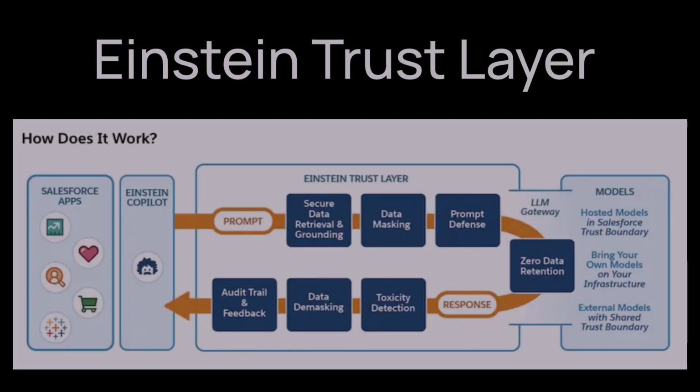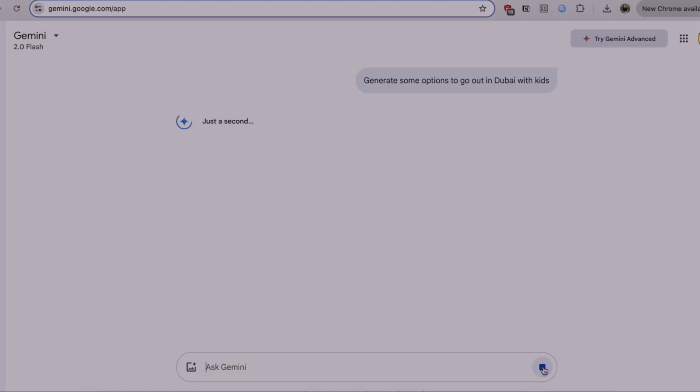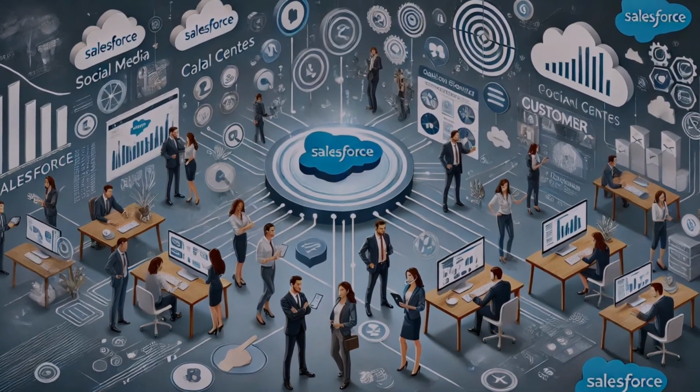In this video, I'm going to share how Salesforce Einstein Trust Layer actually works. Whenever we want to interact with a GenAI tool, it's as simple as writing a prompt and getting an appropriate response. In an enterprise setting where Salesforce is used for customer interaction, those customer interactions make the prompt really rich, and you can give that to an LLM model to get a really good response.